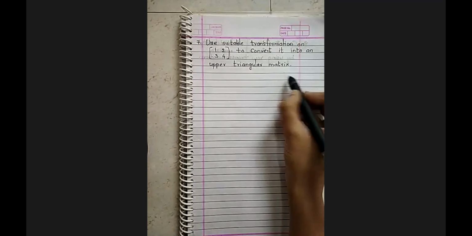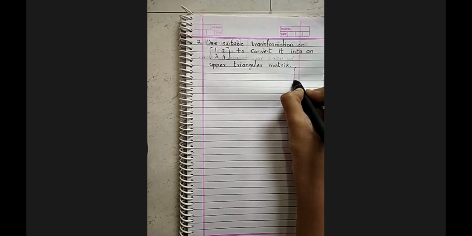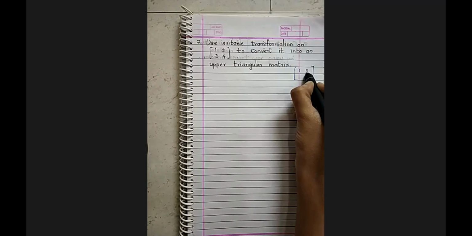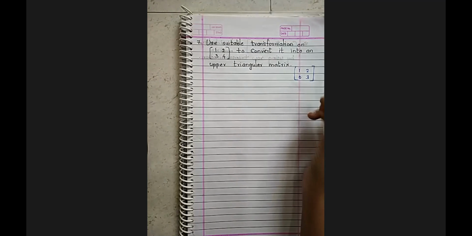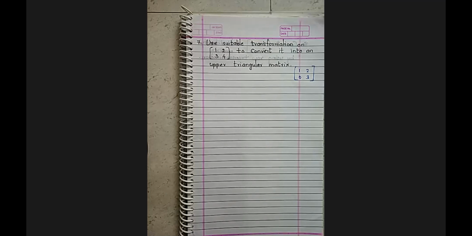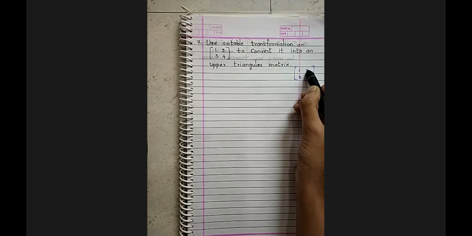You get an upper triangle. I'll just show you an example. Suppose you have 1, 2, 3, and there's a 0 over here. So there's a formation of a triangle at the upper side. Formation of triangle means with the help of numbers except 0. So this is upper triangular.